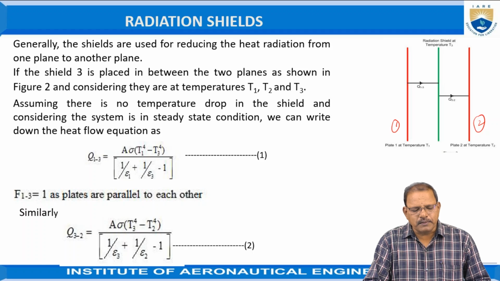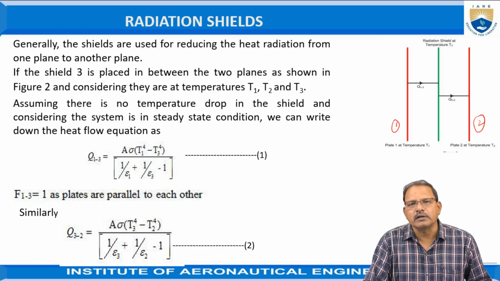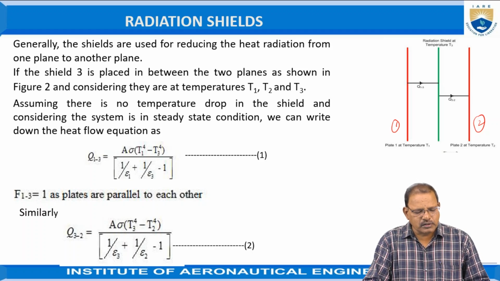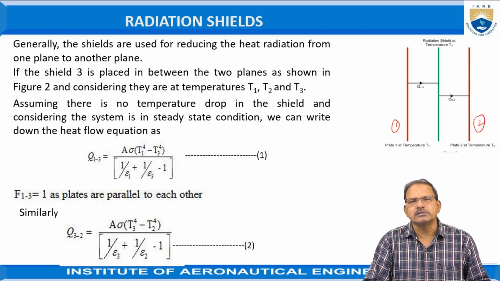If the shield is placed in between the two planes as shown in figure 2, the corresponding temperatures are T1, T2 and T3. That means T1 is the first one, T3 is the last one, and the middle one, the shield temperature according to this figure, is T2. Assuming there is no temperature drop in the shield